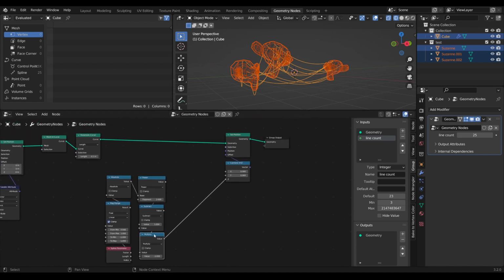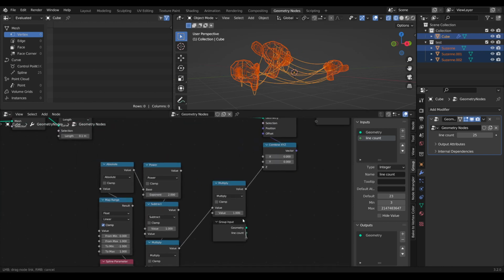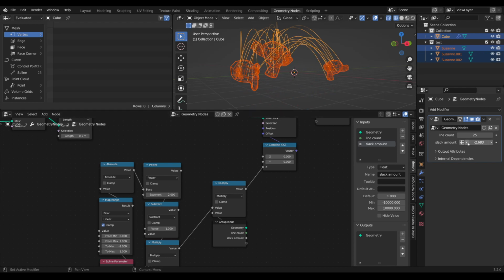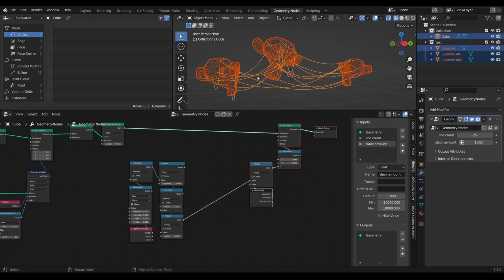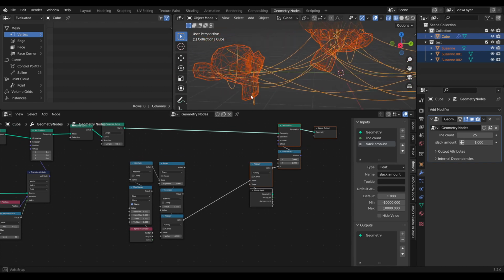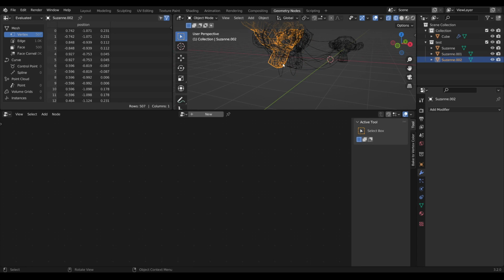And what I like to do is I create another multiply node, and here I can control the amount of slack. I do this with a group input again and call this slack amount. And right now I can control the slack really nicely. So I leave it at 1 for now. And what I don't like about the results so far, I mean, it looks really nice, but there's one issue, and that's that shorter curves, for example, when I pull them up close together, or you can see it here on this curve,